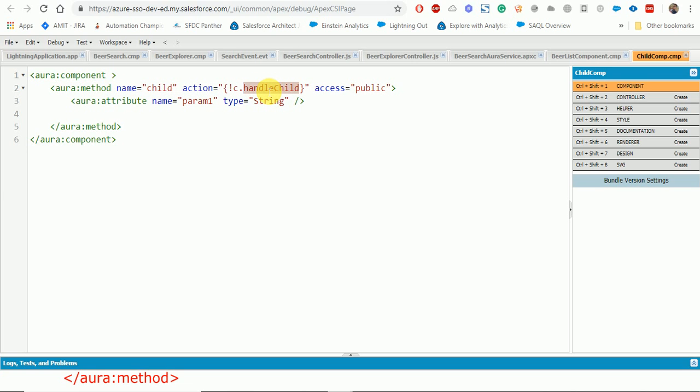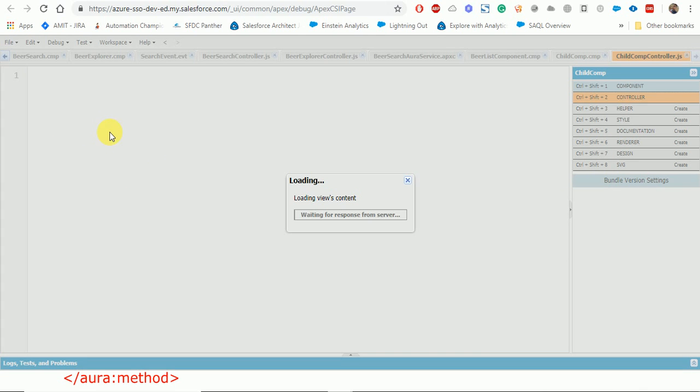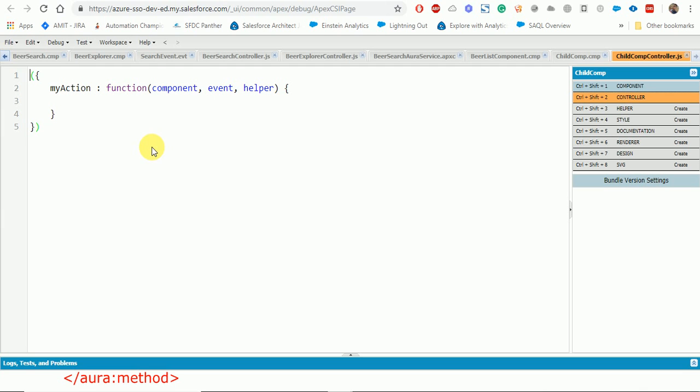Let's go ahead and create a controller method here in the JavaScript controller. What we will do is get the parameters that we will be passing from the parent component controller.